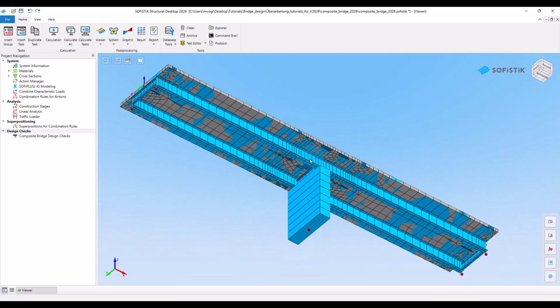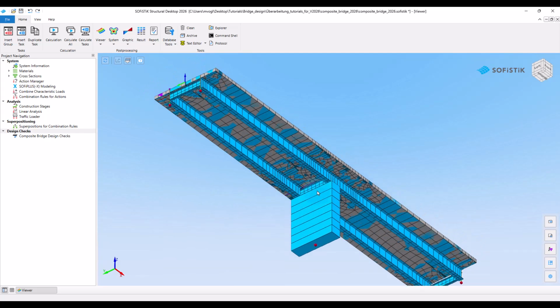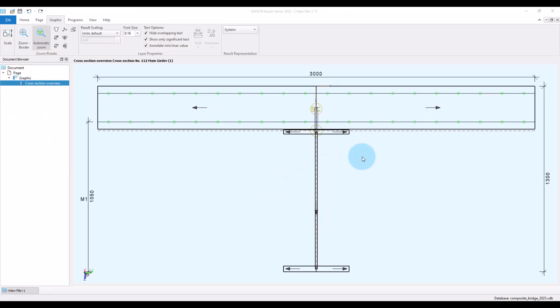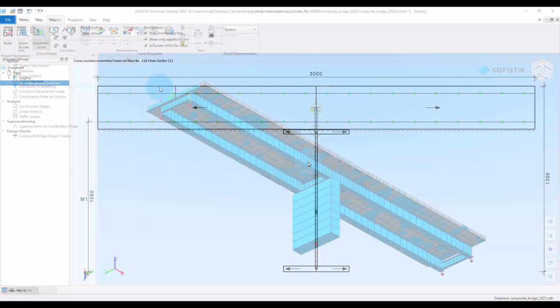The bridge cross-section consists of two main girders with transverse bracing at the abutments and at the inner support. The spacing between the main girders is 3 meters and the slab cantilever at each side has a width of 1.5 meters. Each girder has a structural steel section with a height of 1 meter. The flanges have a width of 450 millimeters. The concrete slab associated with each composite girder has a width of 3 meters and a thickness of 30 centimeters.